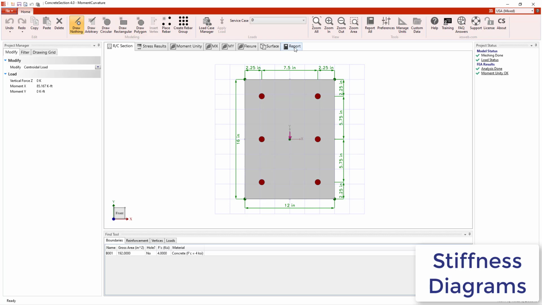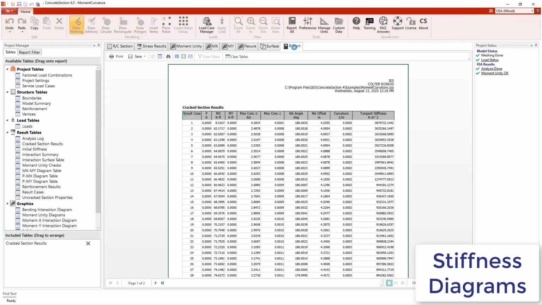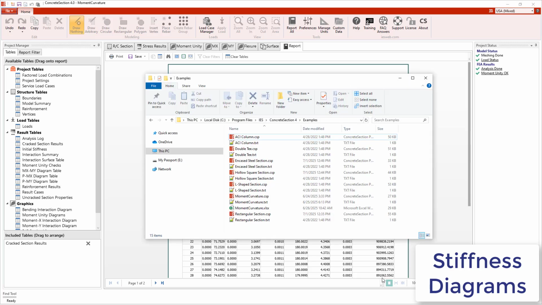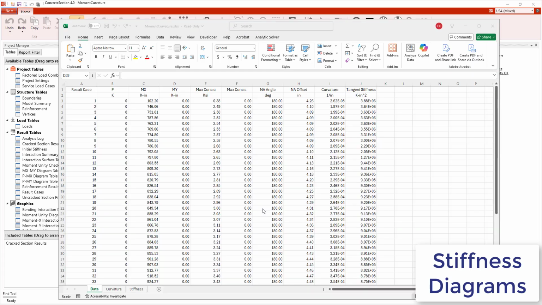customized load levels. Switching to the report view, the ConcreteSection results table shows that as the MX moment increases, the curvature increases and the tangent stiffness decreases, which aligns with the expected behavior for a reinforced concrete cross-section. In the example folder for ConcreteSection, there's an Excel file where the data in this table has already been exported